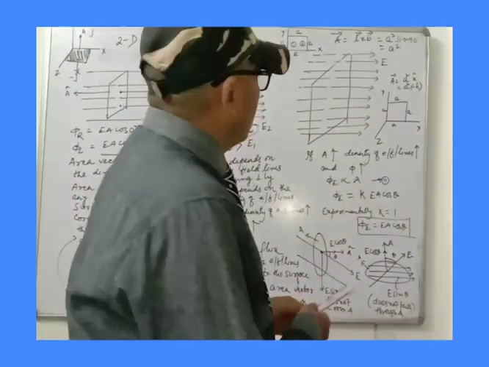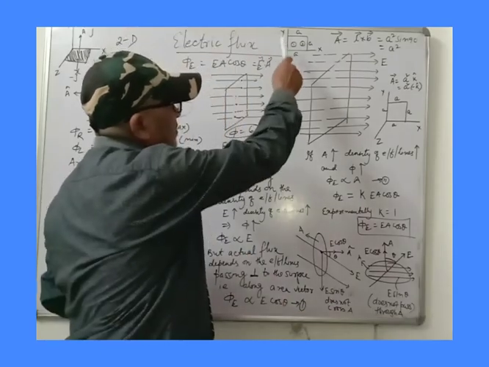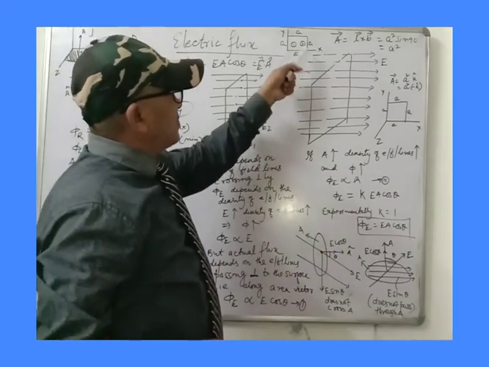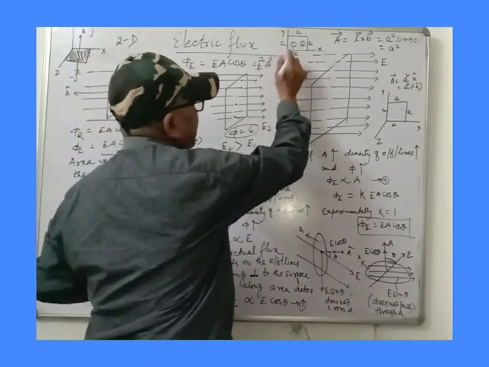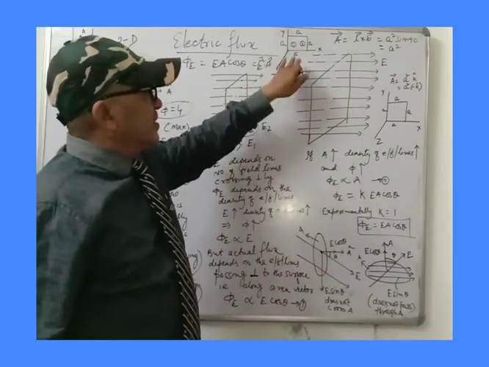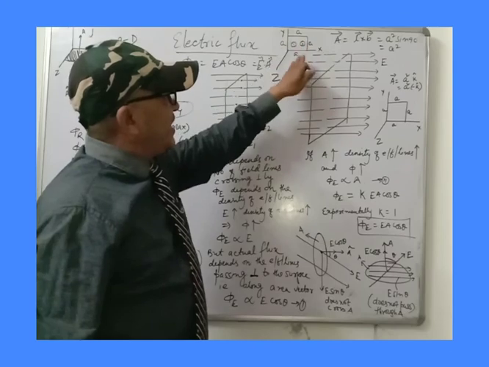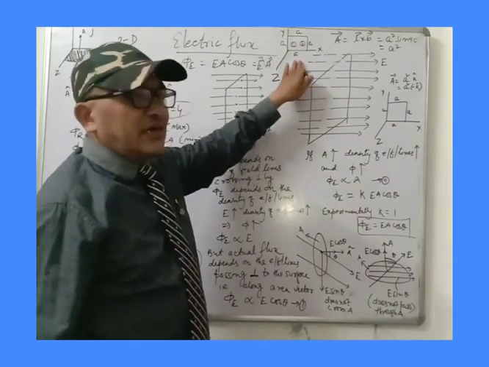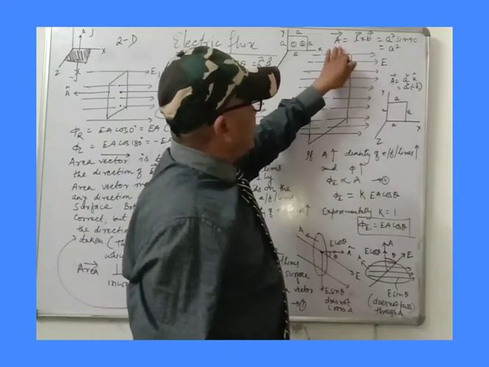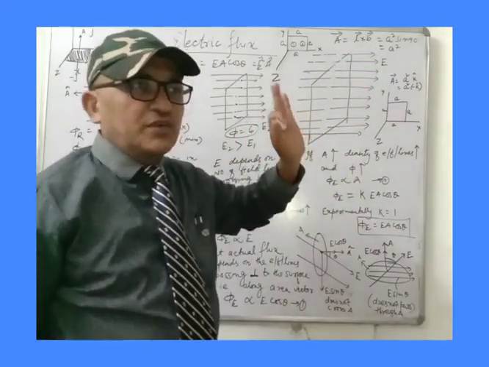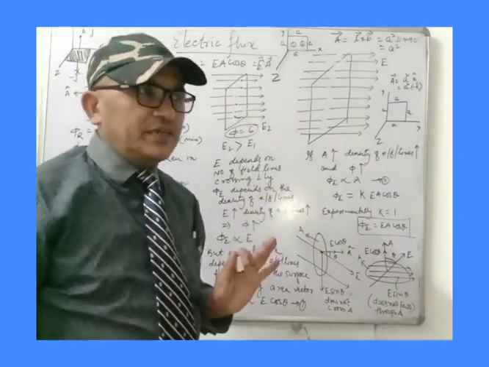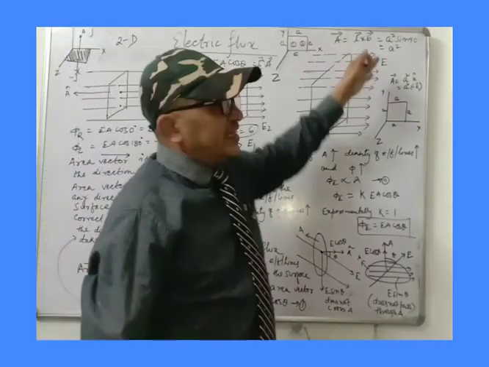Clear? Okay, if we think of this square which is in the xy plane, and this side there is the z axis. Now think of its area. Area is A square. How has it come? It has come from L into B. Actually area is equal to L cross B, but we used to write L into B directly, LB only. Area is equal to LB for a rectangle, or side into side for a square.